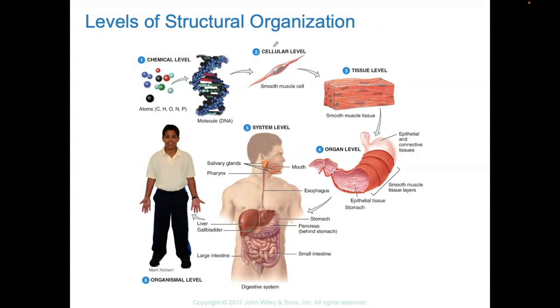Now, you heard me say in a previous slide that when a bunch of cells come together, they make tissues. But what are cells made up of? Well, cells are made up of chemicals. So when your chemistry comes together, maybe our atoms like carbon, hydrogen, oxygen, nitrogen, and phosphorus, maybe when these atoms